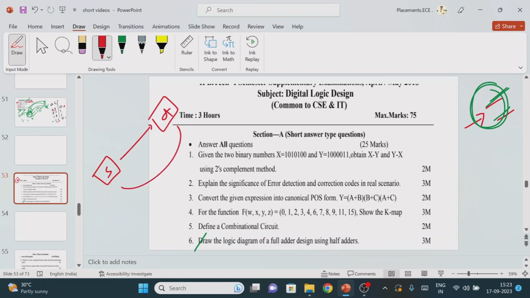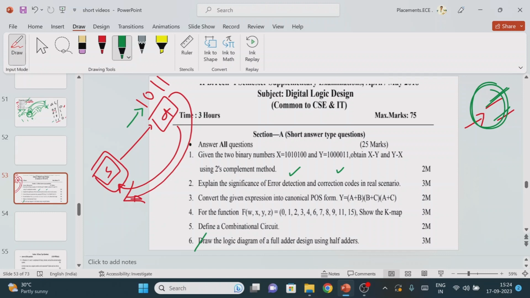The destination does not know anything about the information sent by the transmitter, right? You have received something from the transmitter side, say 1011, but you don't know exactly what information the transmitter sent. Even so, we need to find out whether the received information is correct or not. So in this case we require error detection and error correction codes.